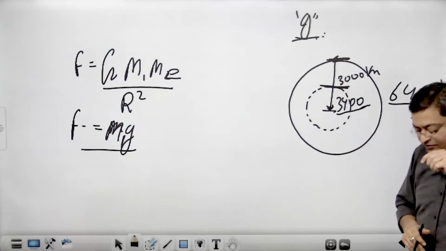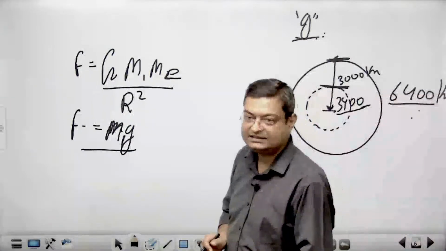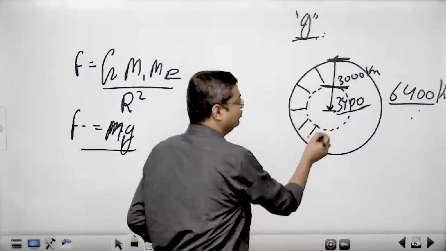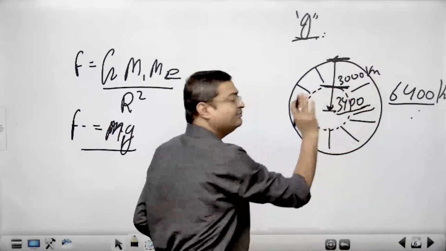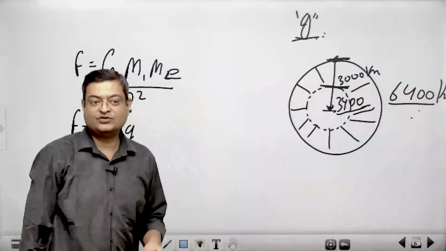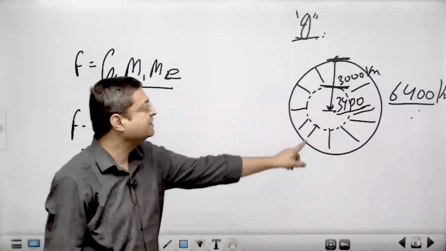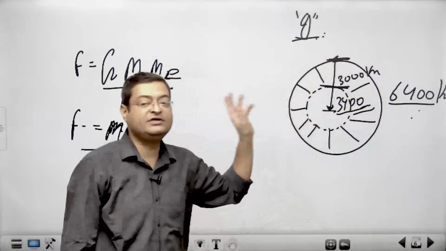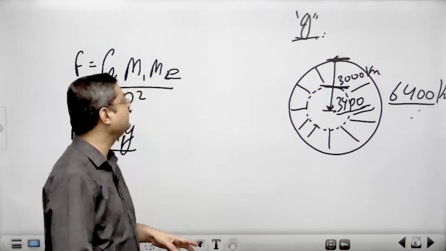So as I am going towards inside the earth, there is a reduction in the mass. जो ऊपर वाला मास था वो कहां गया? खत्म हो गया. So what is the effective radius now? 3400. So in this case, if I am going towards the interior of the earth,